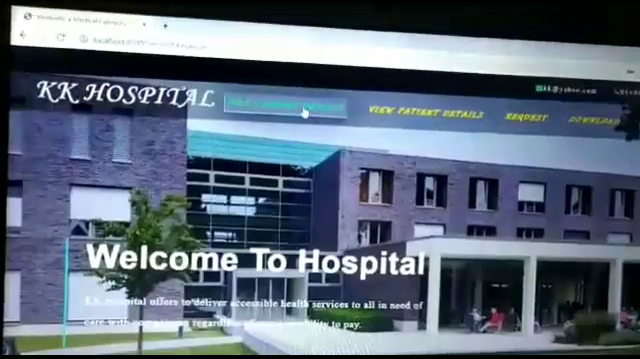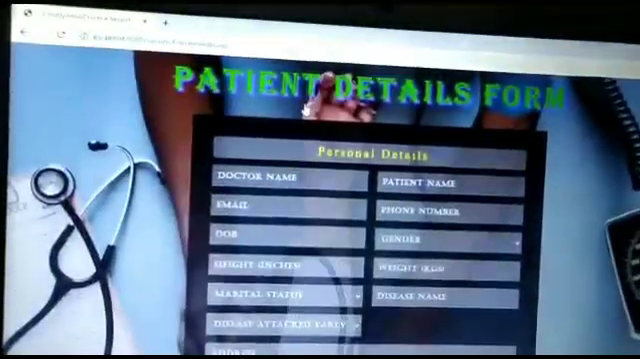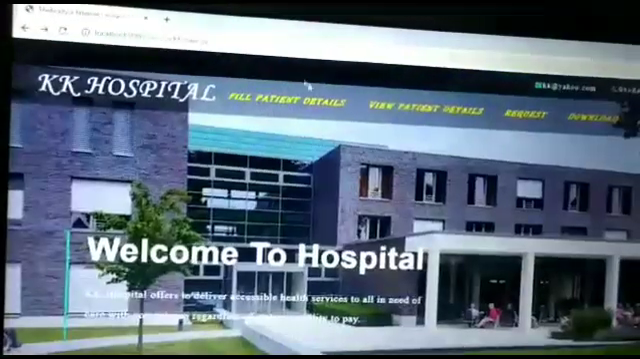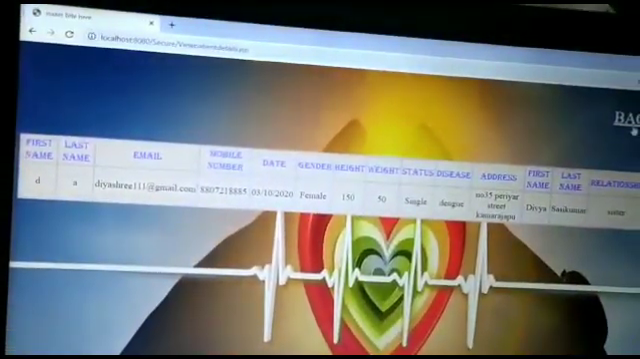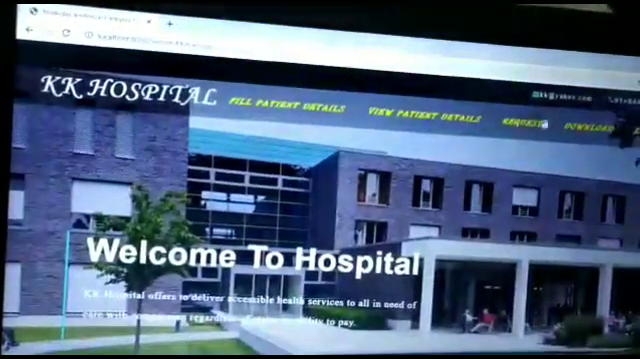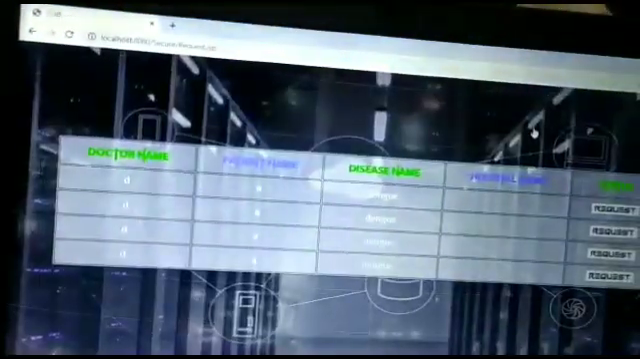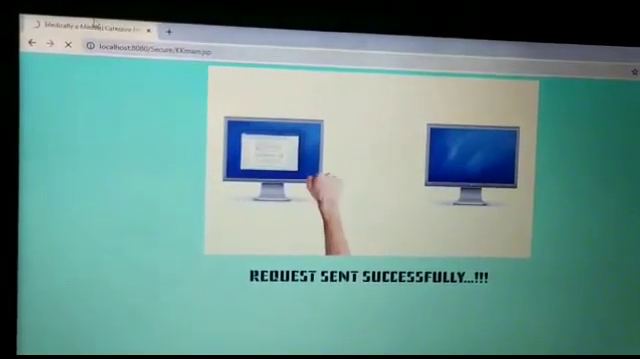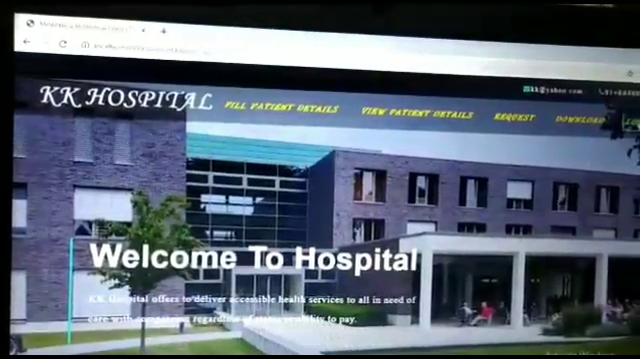After it goes, I'm going for the patient detail form, and then view patient details. These are the previous updated informations. I'm now requesting the file which is to be sent to the other hospital. The request is sent successfully here, and I'm logging out of this hospital,